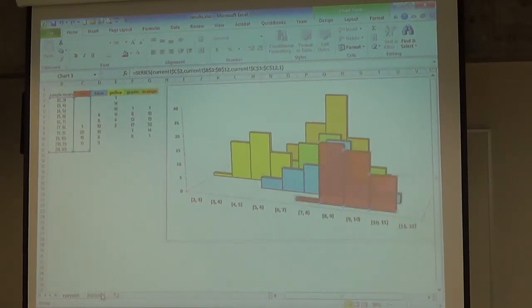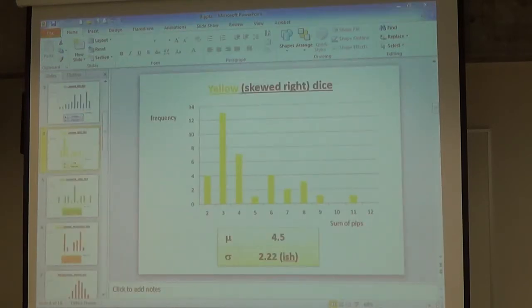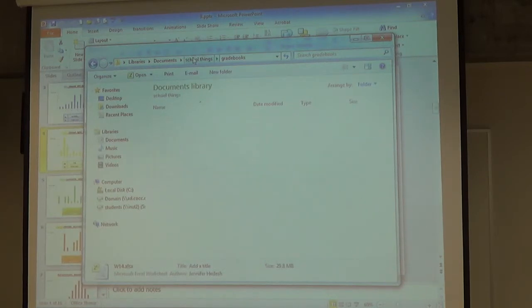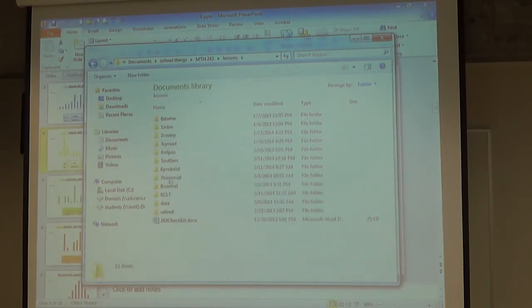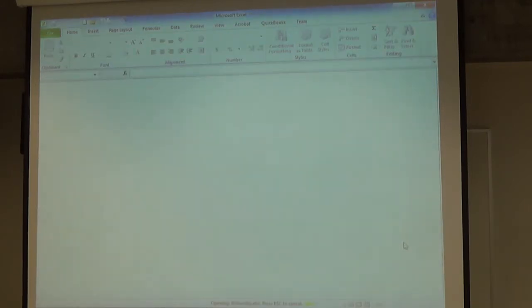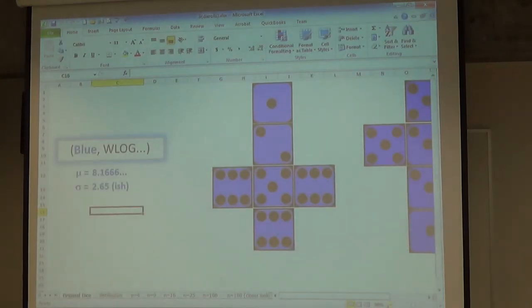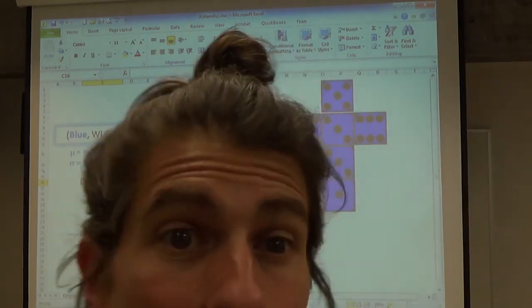I'll undo that, not lose that data. Okay, good. Save this, don't lose it. Come back to it. What I want to do is, should have had this over already, I apologize. I want to analyze just the blue dice. Oh, hang on, it's open. There it is. This is just the blue dice. Now, this argument that we're about to analyze has to do with what Lauren